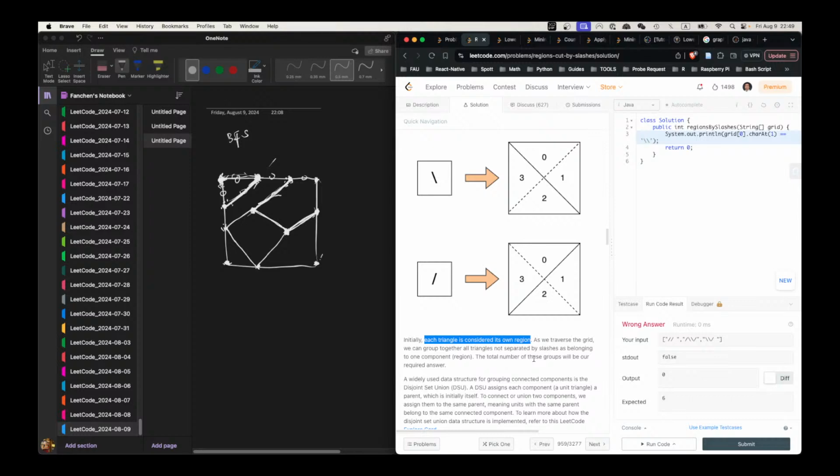Hold on a second. What are you saying? Well, what we're saying is if we treat every cell as four distinct triangles, and if a cell does not have a slash, then we'll group all four of them together. If it has a slash, then